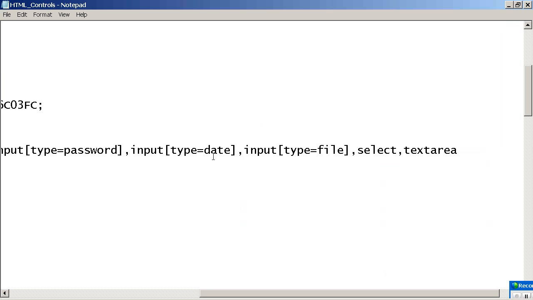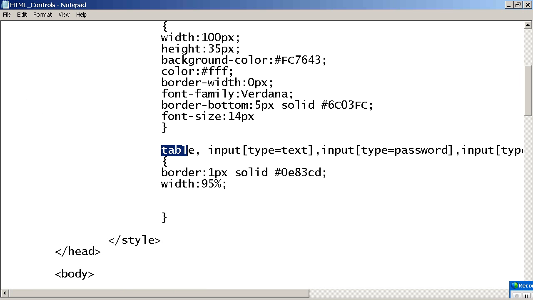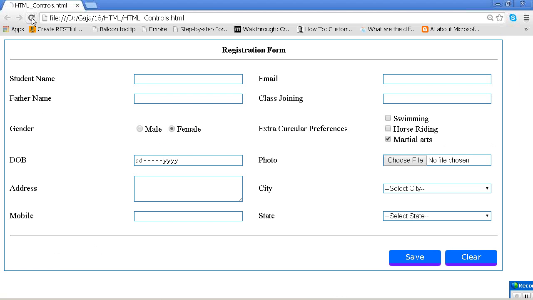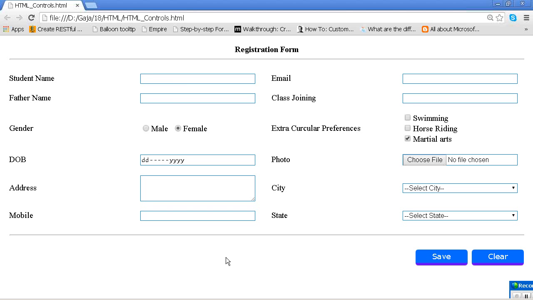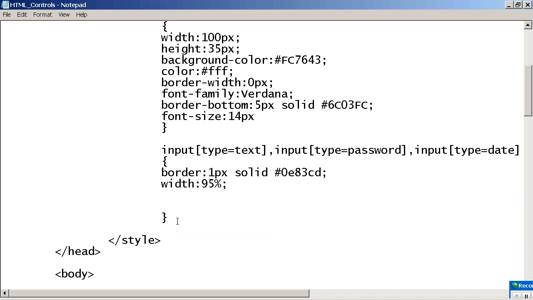Forget about this table here. I want to write one style for the table. Are you understanding? Okay, in such a situation, I will go for defining my own style. And even you can go for table. But what is the disadvantage? If you have 10 tables, this style will affect all 10 tables if you write it without the dot. Yes or no? Okay? But I want to use my own style. Then wherever you have used class equal to that own style, only there will the style be affected.